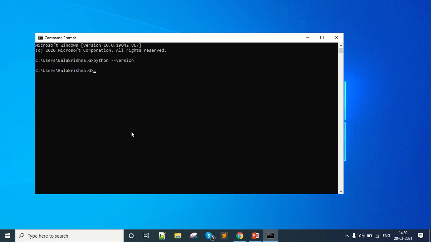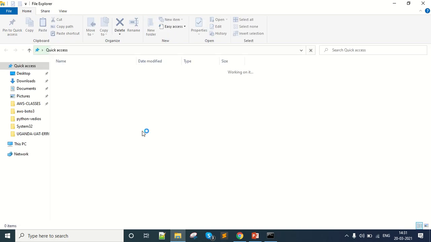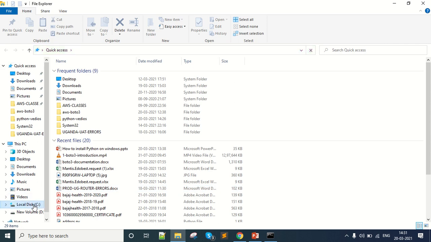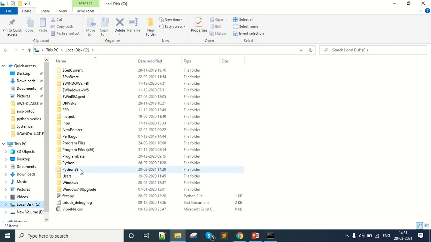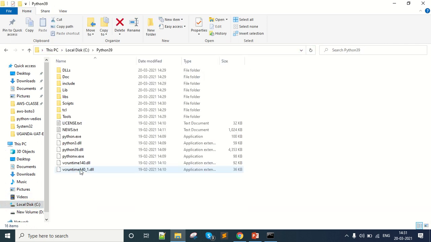You cannot find any Python version here because you have not set up any path for Python. So for this you have to go to the default Python installation folder. We already customized it, right? So here you have to go to the Python39 folder. This is the interpreter for Python. So let me copy this path